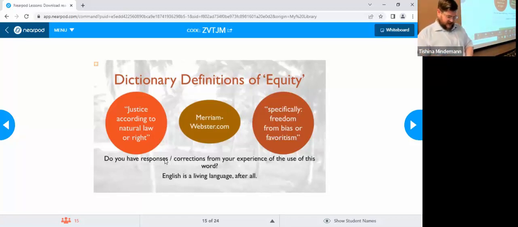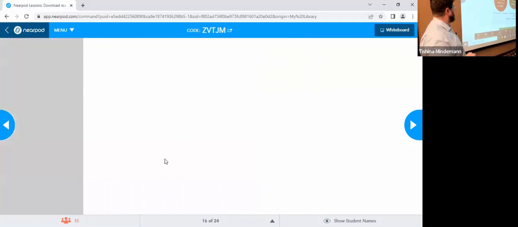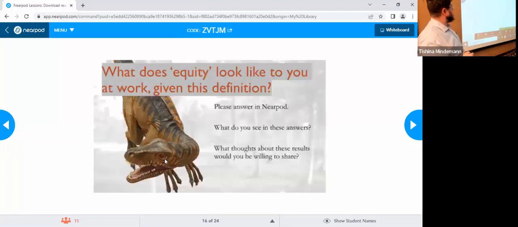All right, so I'm going to skip over the question about the use of the word, just because I'd like to get to this next slide, or this next question. So, what does equity look like to you at work, given this definition? And this is a broad question, I know, but I'd like you to answer, if you can, about what it looks like in terms of teaching, about what it looks like in terms of you doing your job, right, with